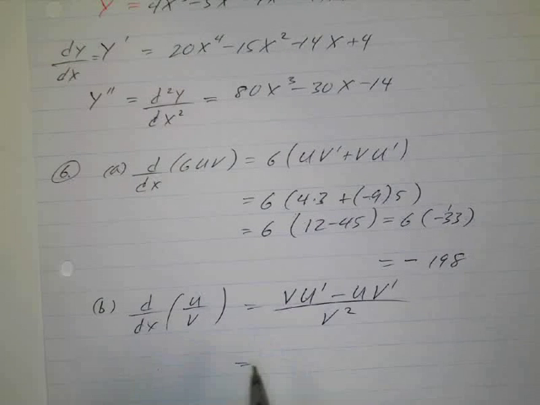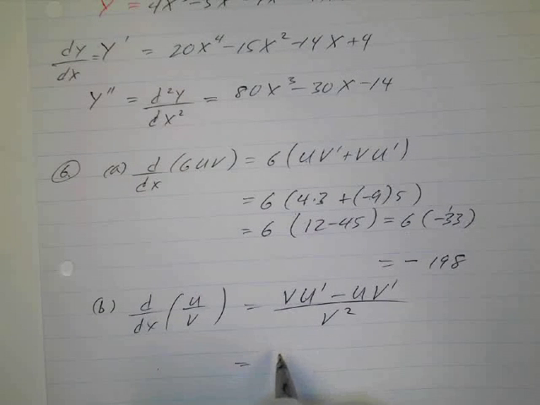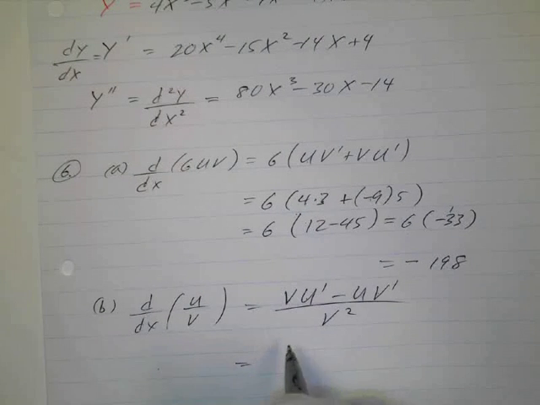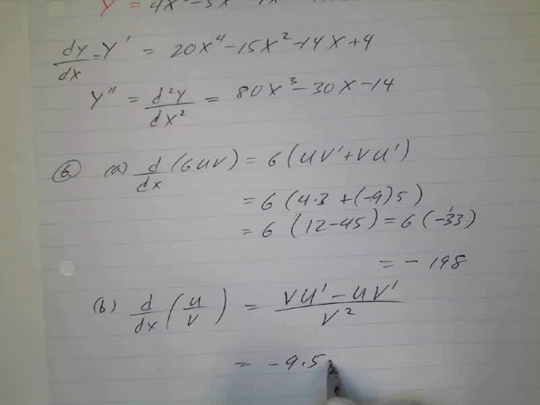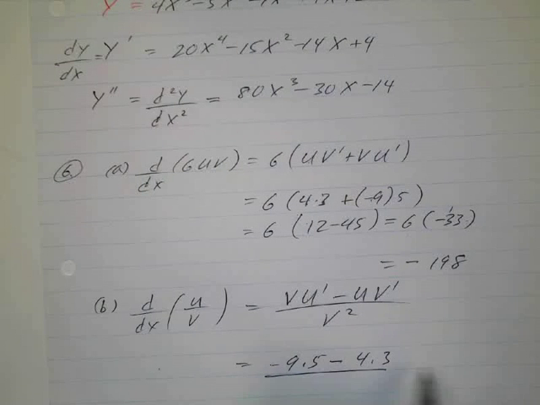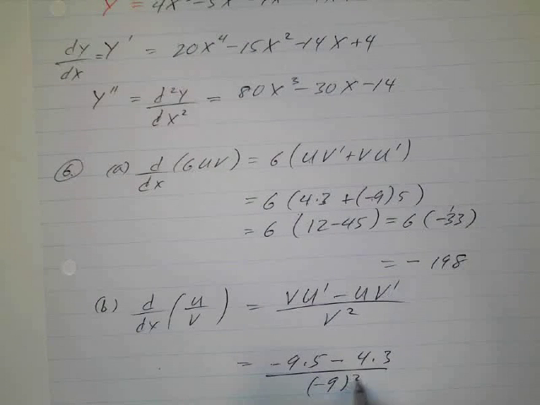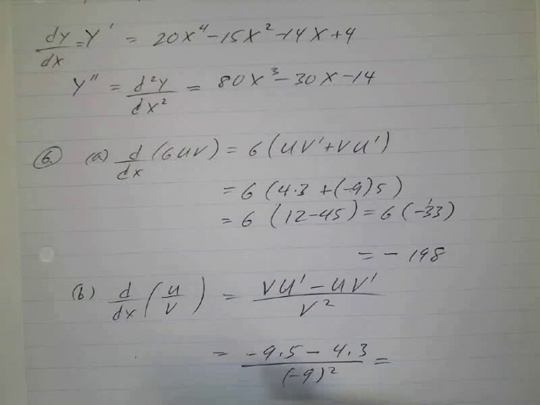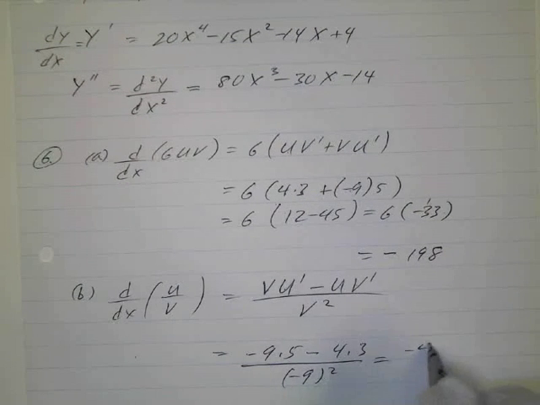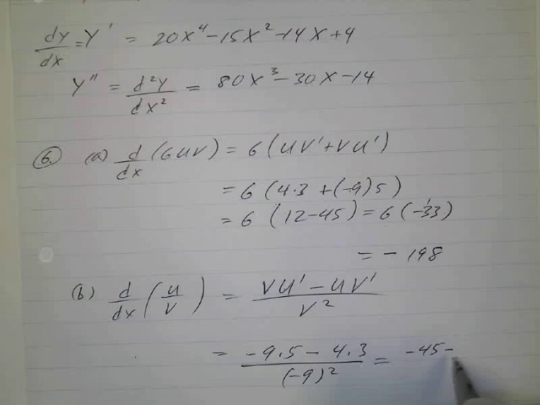So v at 2 was negative 9, so we have negative 9 times 5 minus 4 times 3 all over v squared. V at 2 was negative 9, so I've got negative 9 squared. So you make that substitution, and you have negative 45 and negative 12